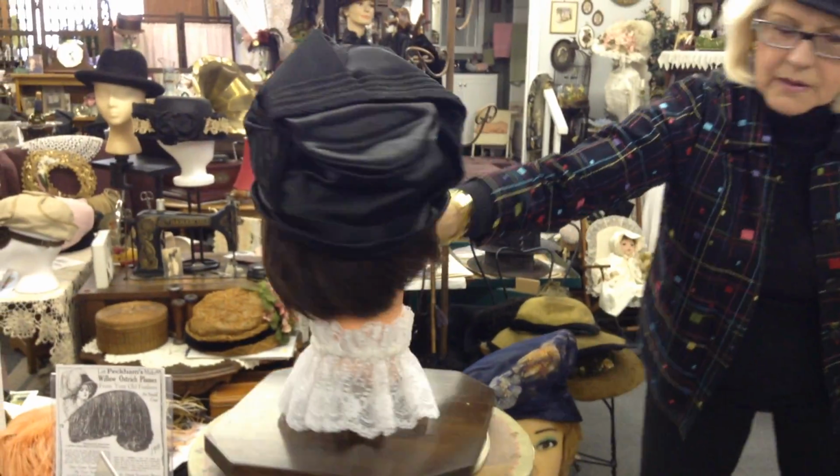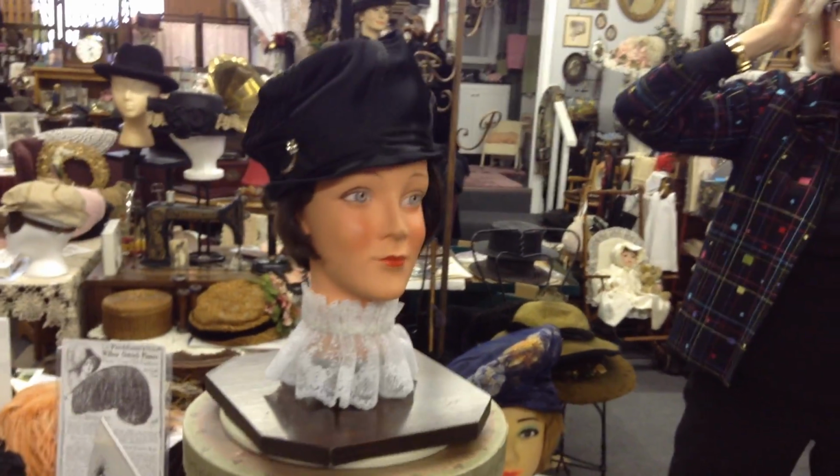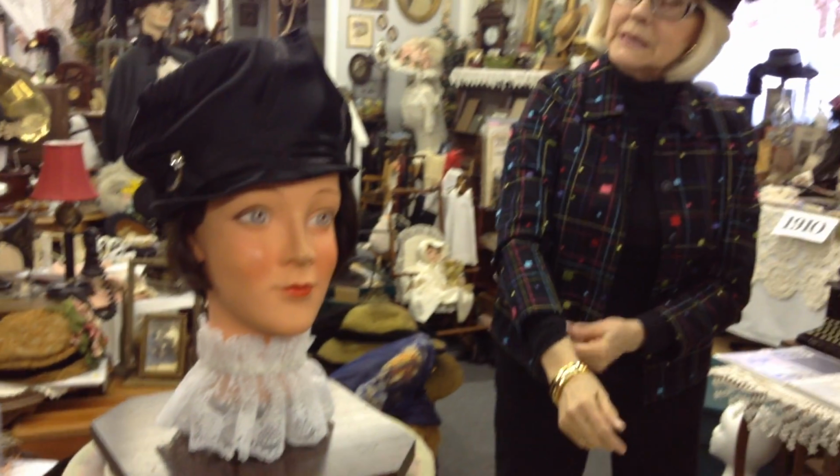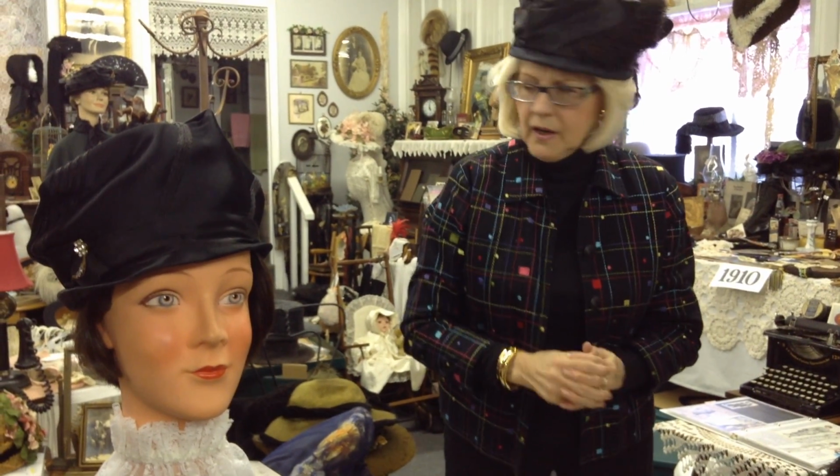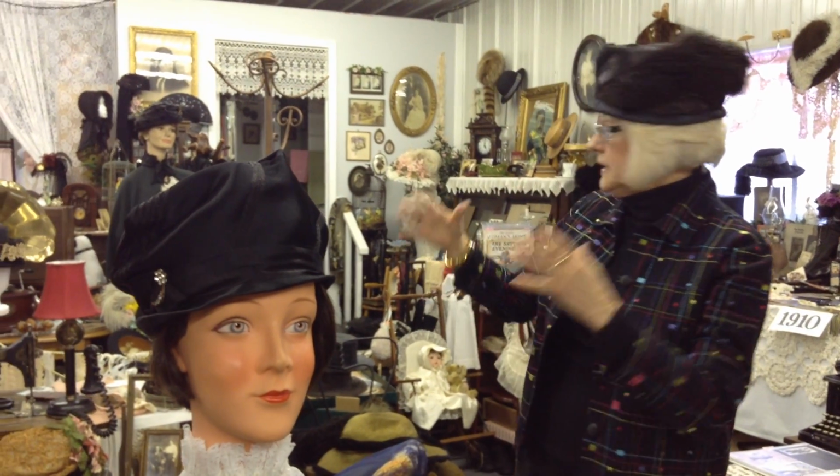So here we are, a new style called a toque. Although actually, it's an old style because this is a type of hat that they wore in 16th century France. So a toque has been around for centuries. And being a little more inclusive by now, any hat without a brim was called a toque. So that big